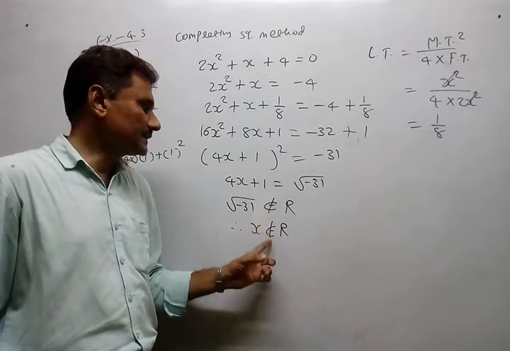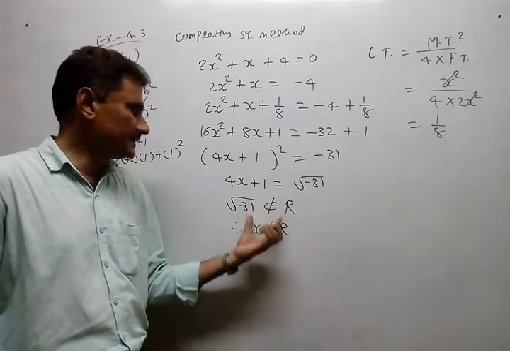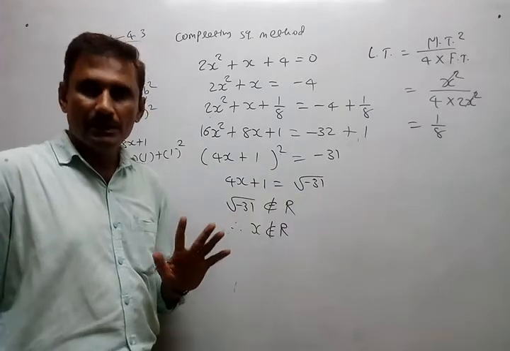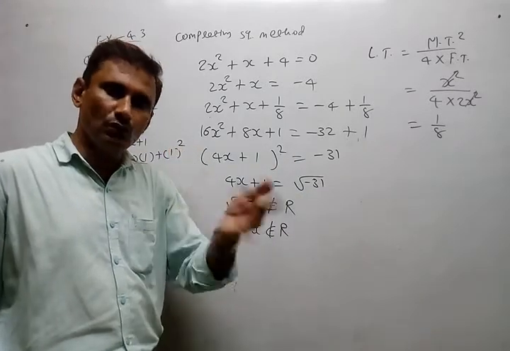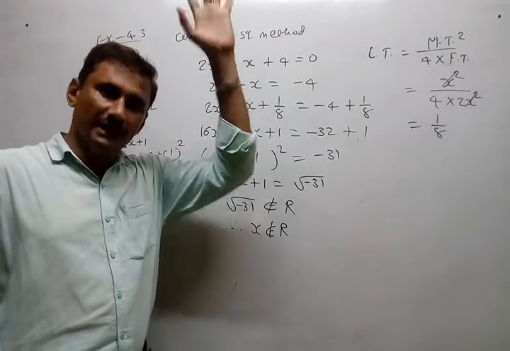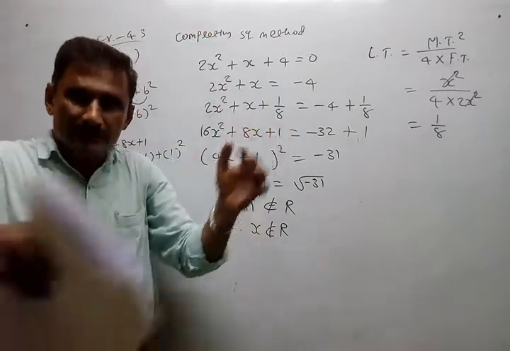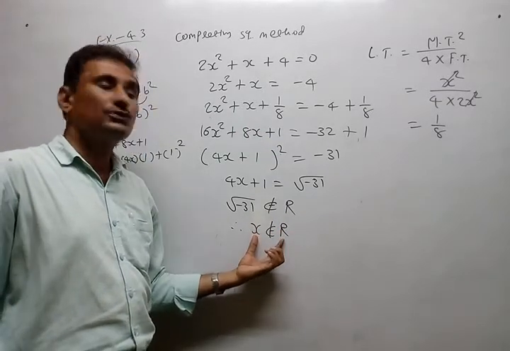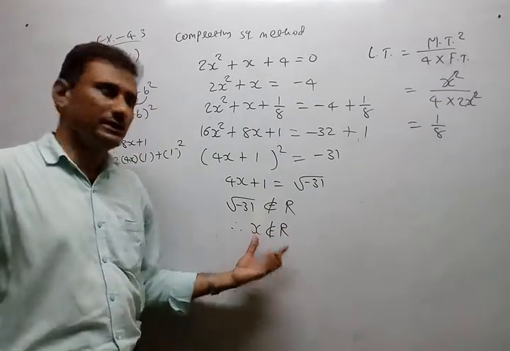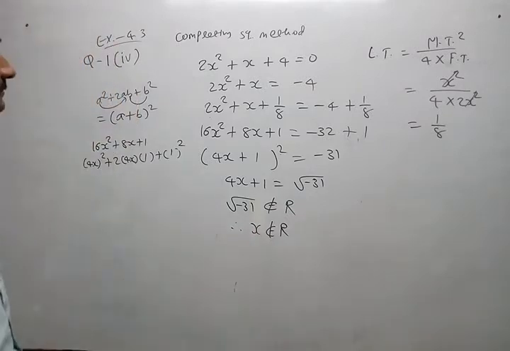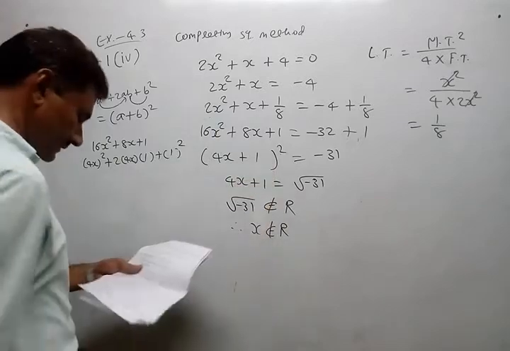So in systematic and mathematical language, we can say it does not belong to R, meaning not in the real numbers. Real numbers means rational or irrational. But apart from that there are complex numbers, and that is not in our syllabus, so I am not going into depth. So you have to give the answer in this way. Okay.